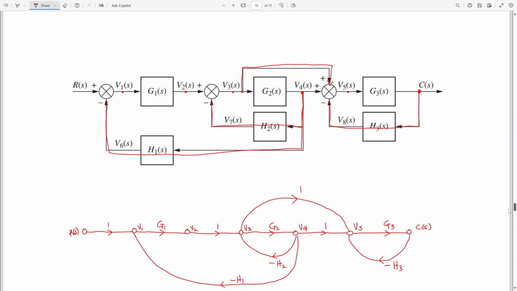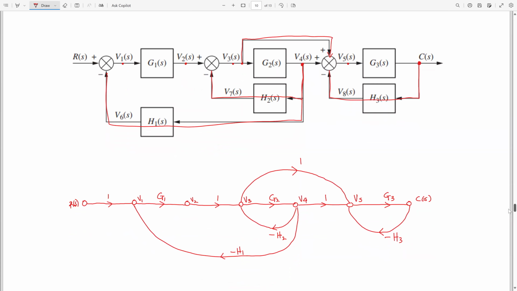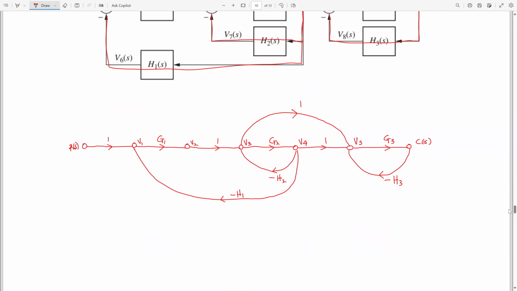And then when you do that, you are going to get a simplified version of this: R of S, and that V1 straight to V3, straight to V4, straight to V5, C of S,